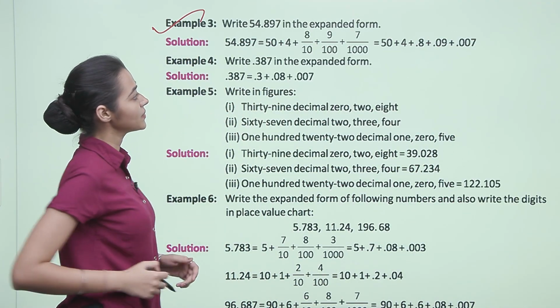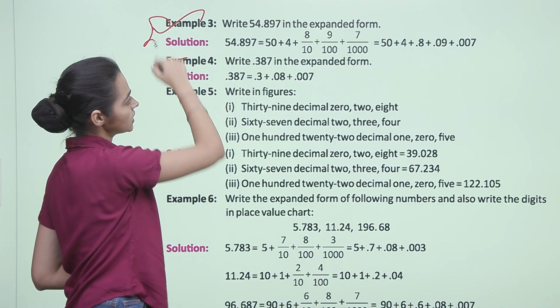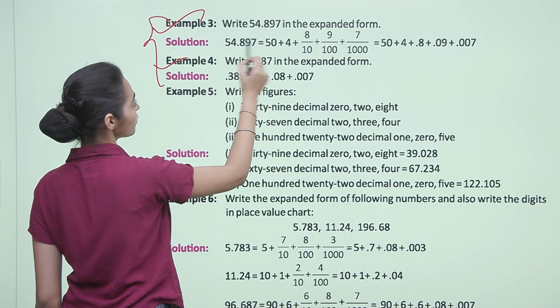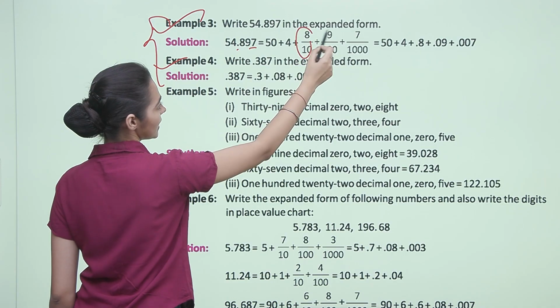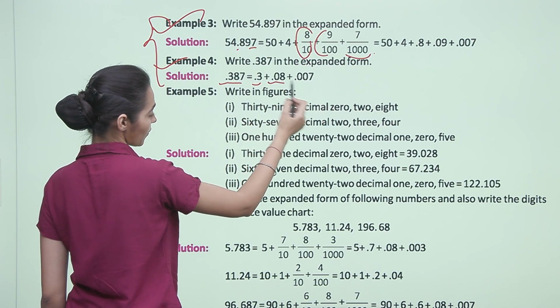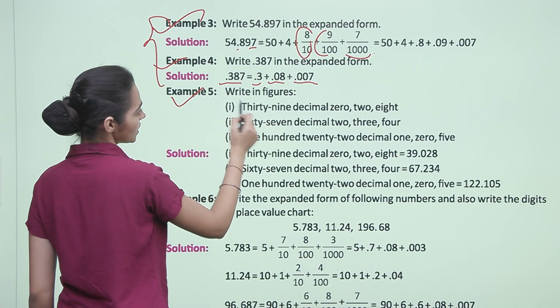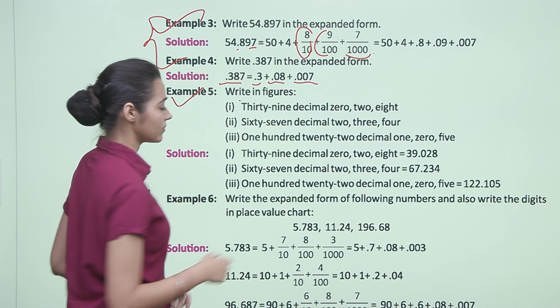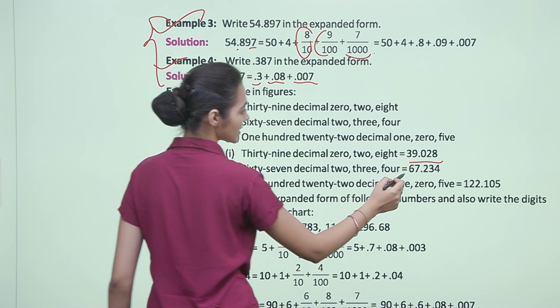Now here are our examples in which we have the expanded form of these numbers, that is 54 can be written as 50 plus 4, 0.897 is 8 by 10, 9 by 100 and 7 by 1000. Now 0.387 is 0.3, 0.08 and 0.07. Now we have to write them in figures, that is 39.082 can be written as 39.082, 67.234,